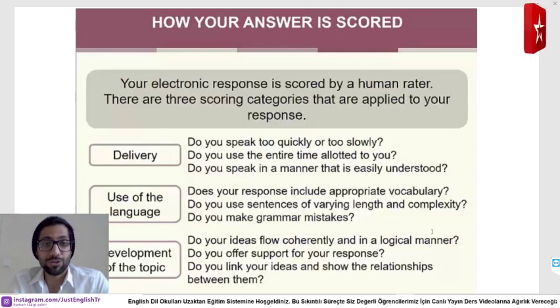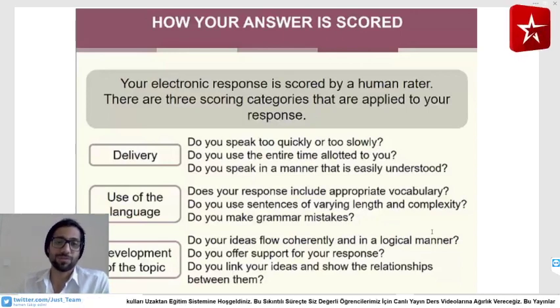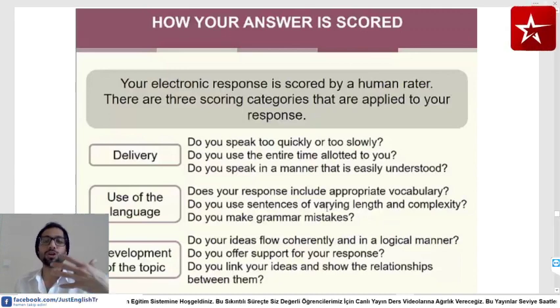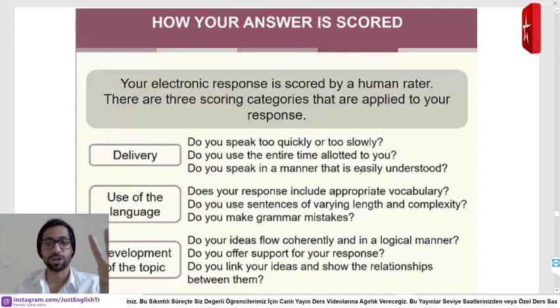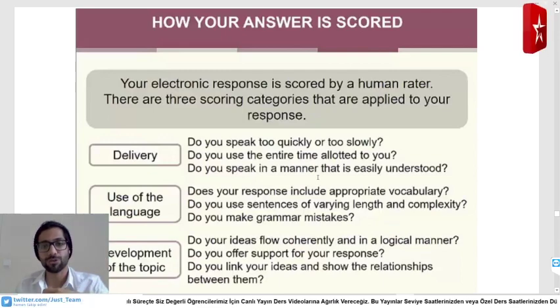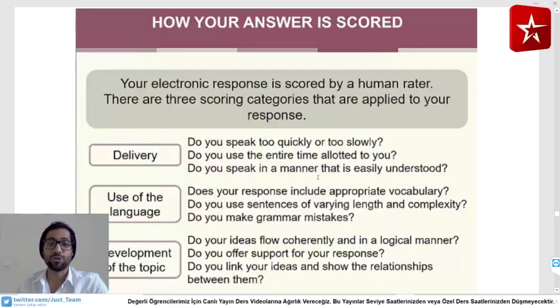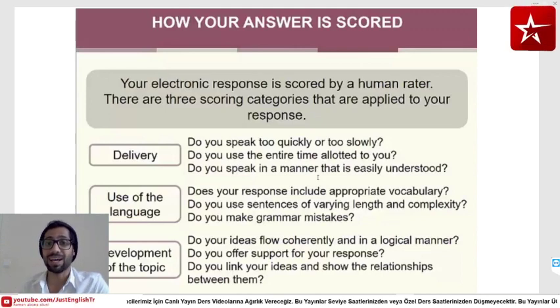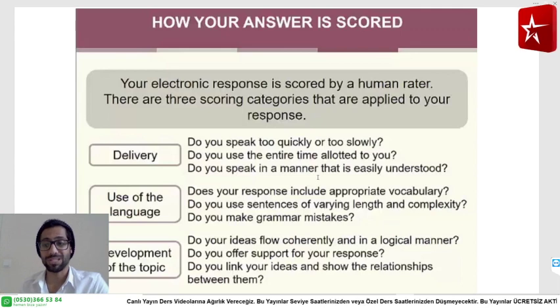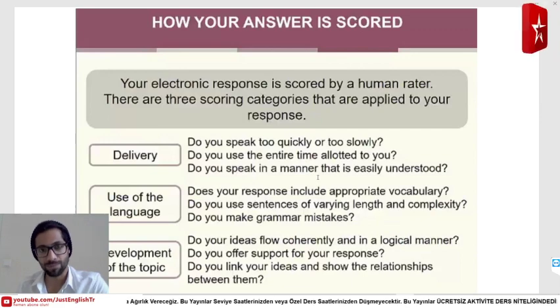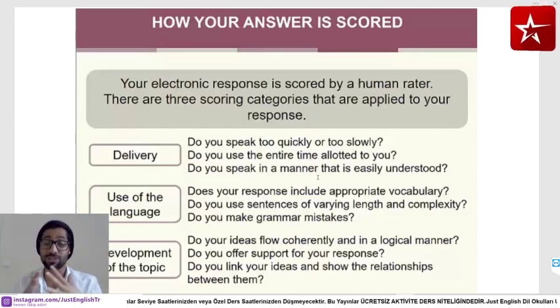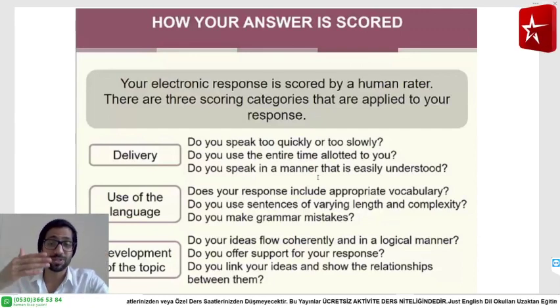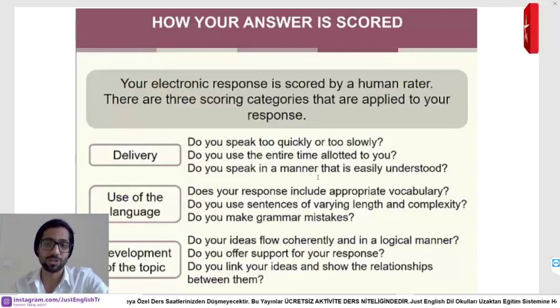Okay, your academic response is scored by a human rater. So a person will grade your speaking. So you need to focus on three things which are very important. When you deliver, when you're giving your answers, you should not speak that fast and you should not speak too slow. Medium. Don't make yourself anxious by speaking swiftly, which makes it hard to comprehend your own ideas, which is very horrible because you need to keep yourself in order and organize your speaking.